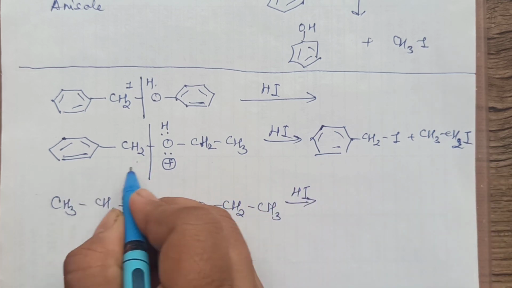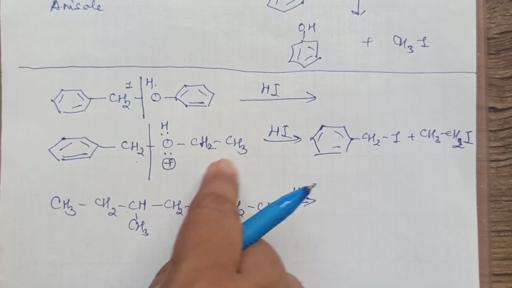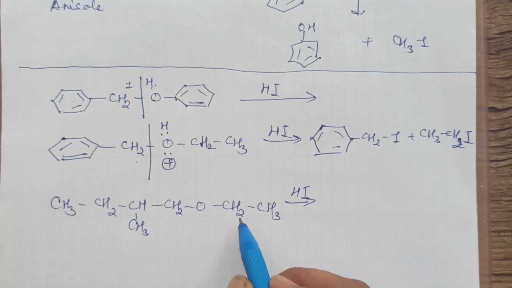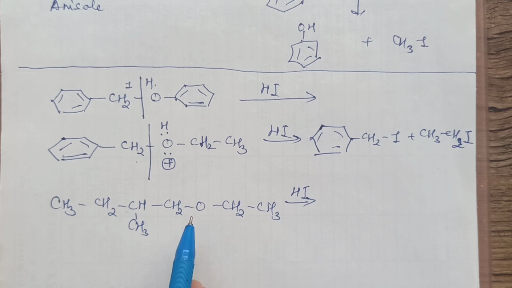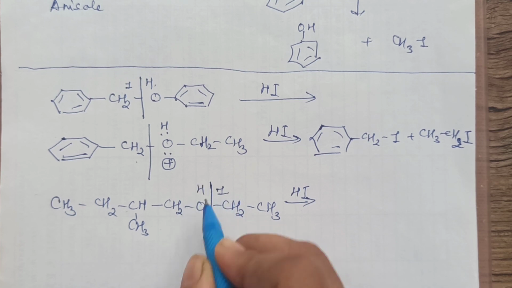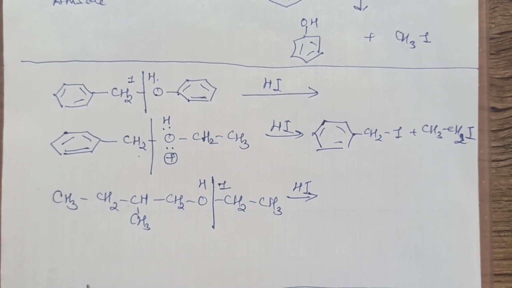Had it been primary on this side also, with 1 carbon atom or 3 carbon atoms, whatever, then we will see the less carbon atom side will get I. Say this one. Now this side you have a primary radical attached. Of course there is a branch here, no problem. This side also you have. Now here both sides are primary. Then it will be the less carbon side iodide, meaning the bond will break like this. You will have I here and H here. So the product will be: this side you will get alcohol and this side you will have I. Followed? In case one of the sides was tertiary, that we have already discussed actually.